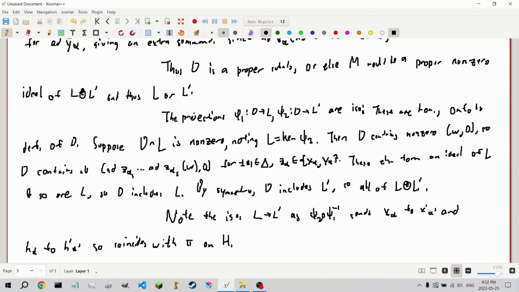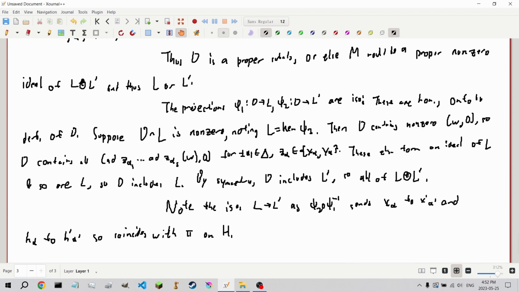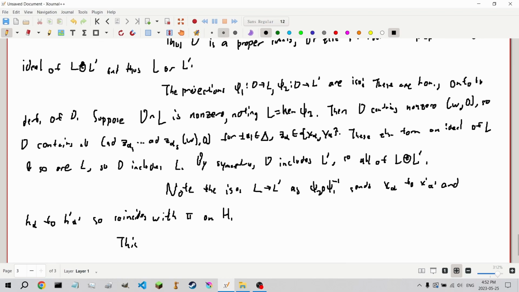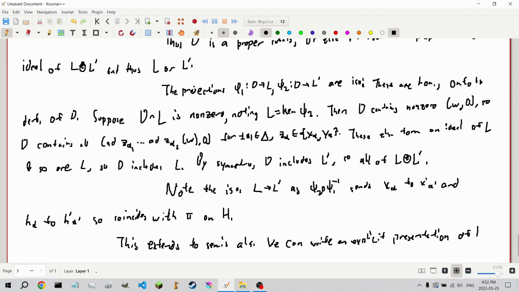This, we know, extends to semi-simple algebras trivially. Now we can also write down an explicit presentation of our L